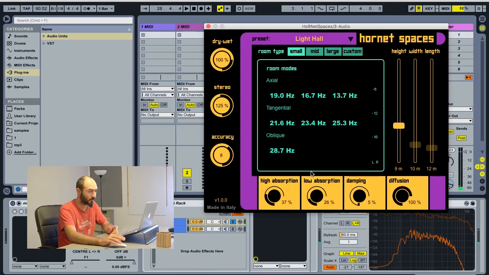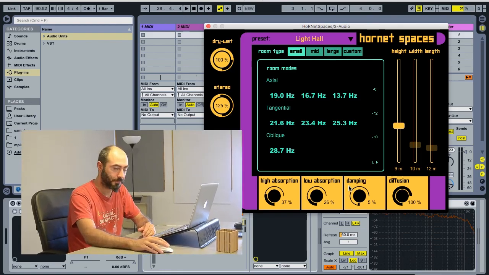As you heard, using just these few controls, you can create very realistic sounding spaces that are good sounding or bad sounding, depending on the dimensions of the room you set with the sliders, and it's quite quick to get a usable reverb sound. So, HoRNet Spaces is available on